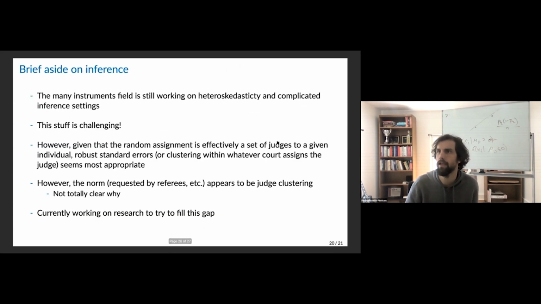Last thing that I will say is inference in this setting is complicated. Basically, because once you realize there's a many instruments problem, like the econometrician working on many instruments, it's really hard to do stuff with any sort of complicated heteroscedasticity. Homoscedasticity is much, much easier. And I think, frankly, what's too bad is that a lot of the papers that have worked on this have focused on really general problems versus just the judge problem, where I think there's a lot that can work. But the point that I want to highlight to you, and I'm trying to work on a paper that will actually give you a reference that says this, is this: